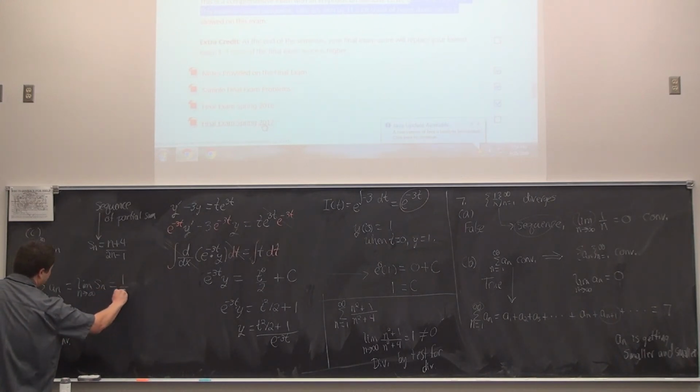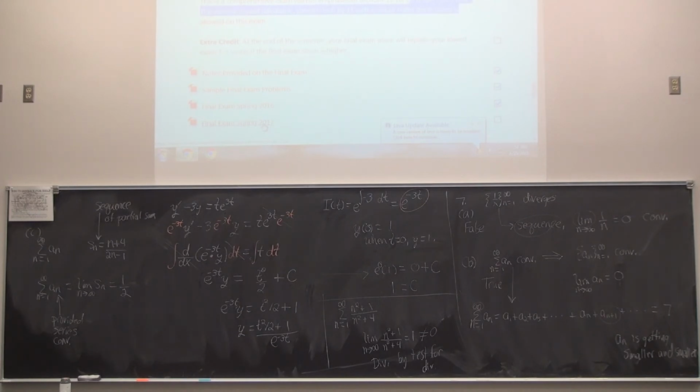This limit did converge to 1/2. So that means this, in fact, converges itself. It converges to 1/2. You could literally write it equals 1/2, and you're all set. But the problem says the series diverges, so we have to say false on this one. Again, this was a horrible trick question. I think I curved the exam a little bit 2 years ago, specifically because of this kind of question. It was nasty. So watch out for that.